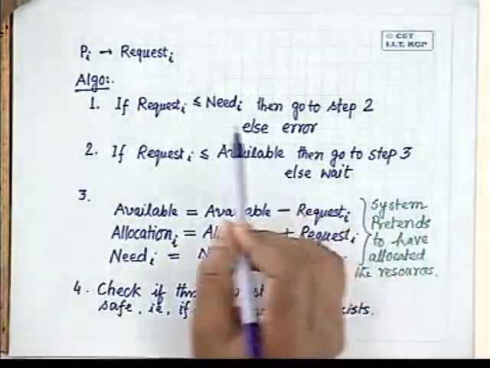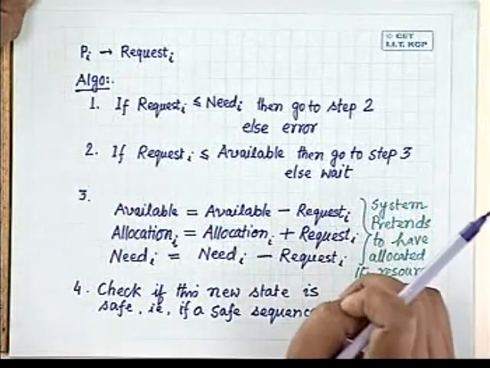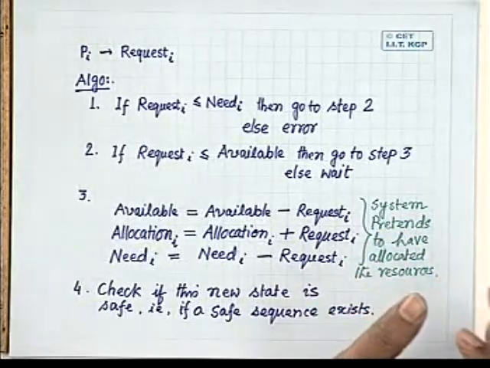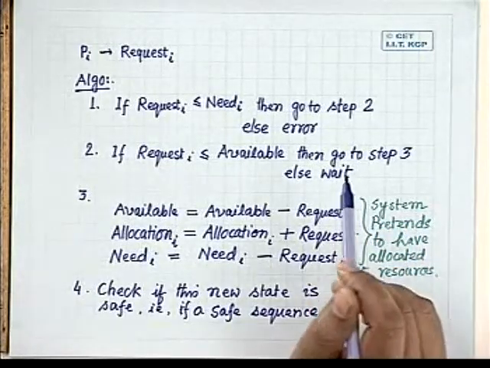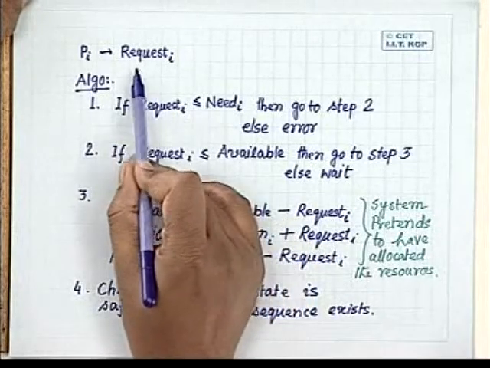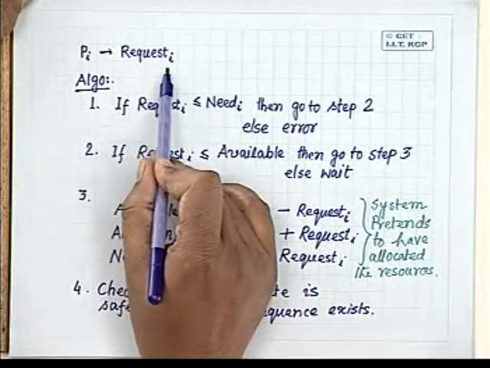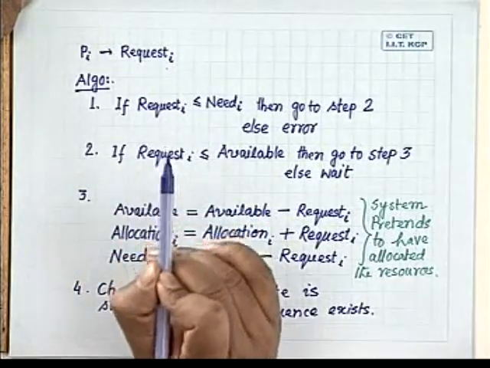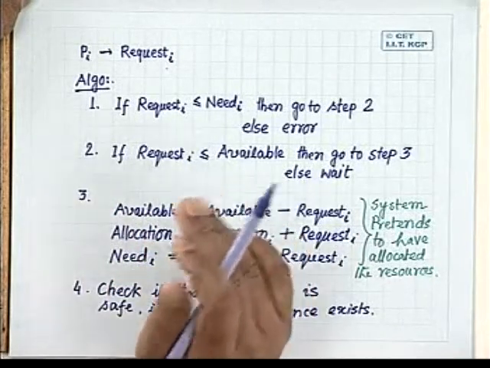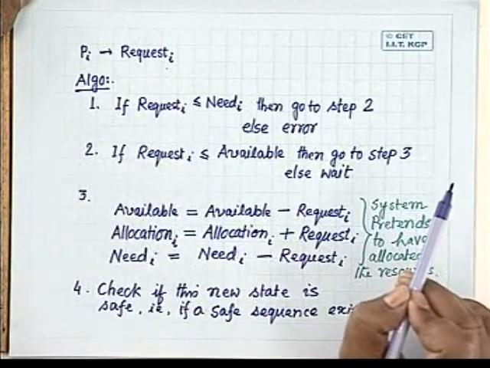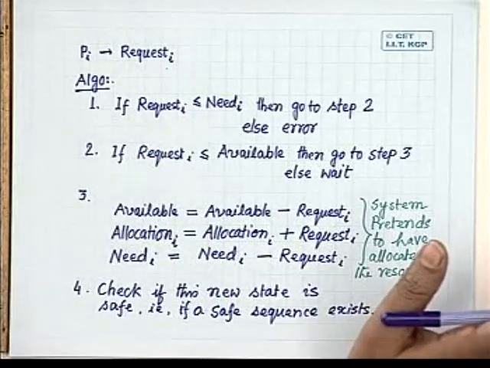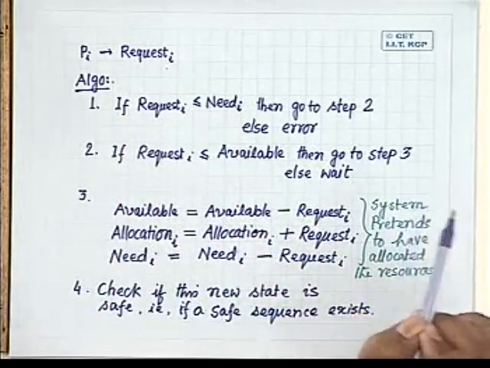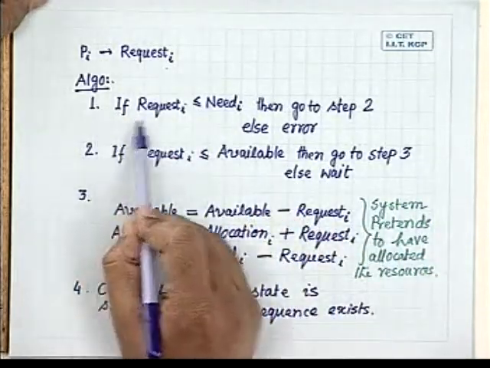And there we have said that a process Pi from a particular state, where the state is defined by the number of resources available and the resources allocated to different processes, given a particular state, if a process Pi puts a request vector, which we call Request i, a vector which indicates the number of instances of different resource types requested by process Pi. Since there are m types of resources, this request vector will also be of dimension m. Then the algorithm works like this.